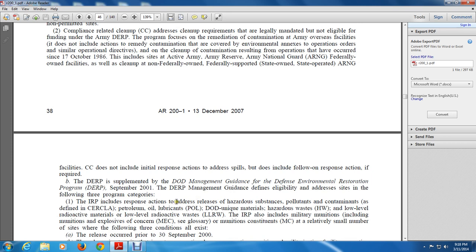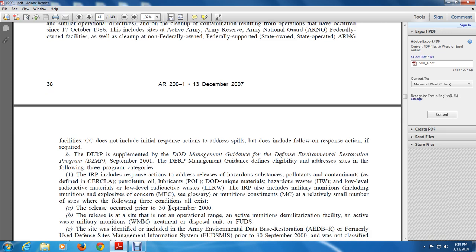All cite to the following. These three conditions all exist. These releases occurred prior to 30 September 2004 release on the site of the operational range activity, ammunition demilitarization, and activity waste military munitions, waste material munitions treatment and disposal of units. FUDs of the site identified included the Army Environmental Database Restoration (AEDBR) and formerly U.S. Defense Sites Management Information FUDs submitted prior to